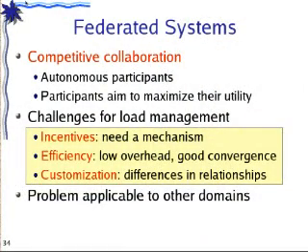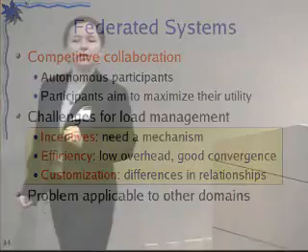But many of our distributed systems are deployed nowadays in federated environments, for example, in a peer-to-peer network or in a grid computing network, where different autonomous participants own and administer different sets of nodes. So the problem that I'm going to address is how to enable this load management, how to make sure that no participant in such a system is overloaded, while assuming that all the participants are autonomous and therefore all selfish. So what characterizes federated systems is that participants do collaborate with one another, but they only do so if they can benefit from this collaboration, if they can gain from the collaboration.